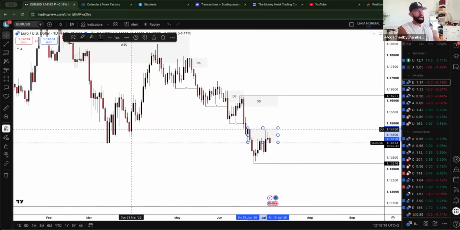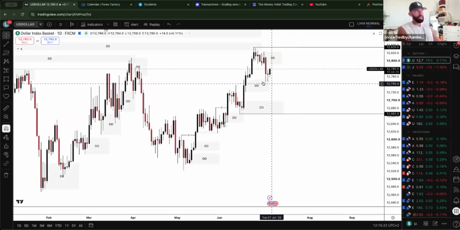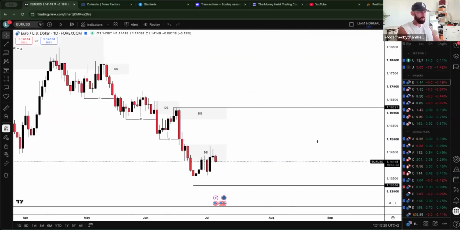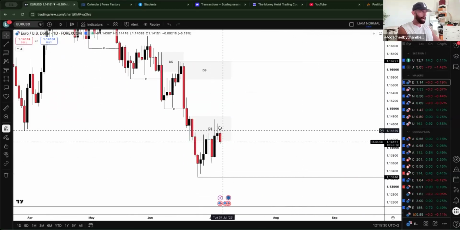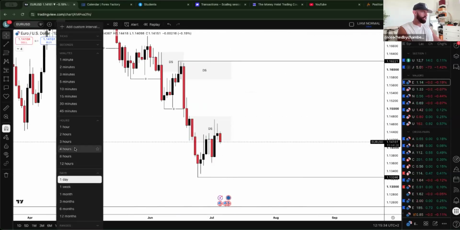Is this my most A star plus setup? No, it's not, but it is a valid area, and the dollar is reacting out of a demand area. So, if we do carry on shorting from a daily perspective, it might most likely be because of this daily supply area. Now, if I'm going into the 4 hour,